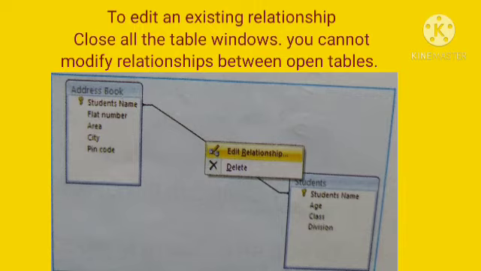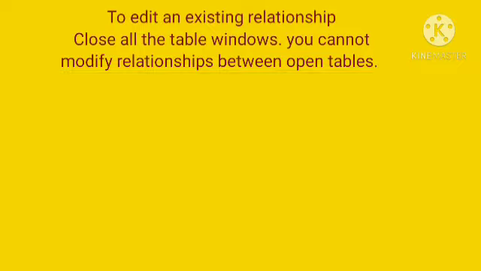If the tables with the relationships you want to edit are not displayed, then click on the Show Table button on the Relationships toolbar and click the relationship line for the relationship that you want to change. The relationship line appears thicker when it is selected. Reset the relationship options and click on the OK button.